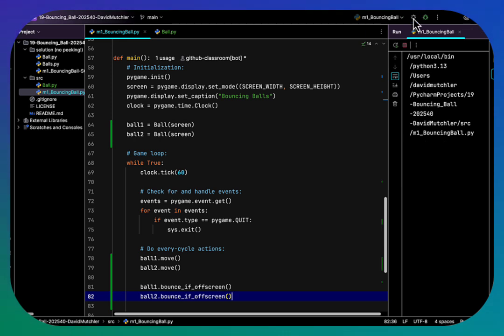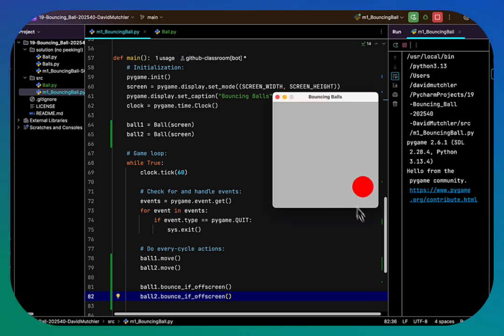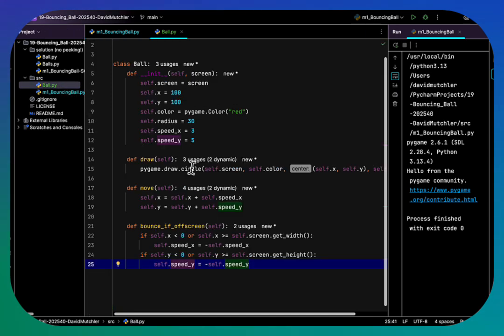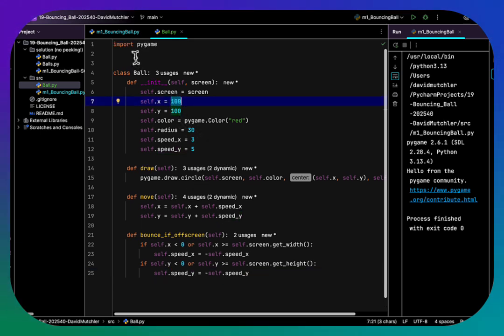And then when we run, nothing exciting happens. There are actually 2 balls, but they're on top of each other, so we can't see that. They're both at the same x and y, same speed, same color, everything. So it looks as if there's 1, but there's in fact 2. Now, to make them at different positions, we're going to go up here and put them at random x and y positions. So instead of x being 100, we're going to make it a random place. So let's import the random module